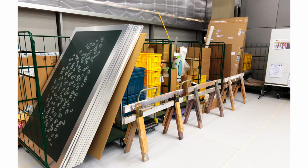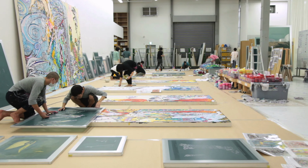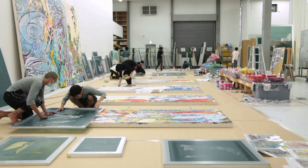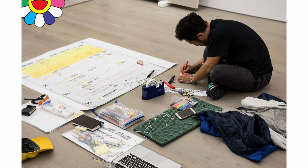And so when it comes time to make the actual artwork, to do the screen printing, all of the necessary pieces of the artwork, all of the materials and the tools are ready to use within the main production hall that you can see here. And as we move forward, you'll see that this level of meticulous planning and organization is quite a recurring feature